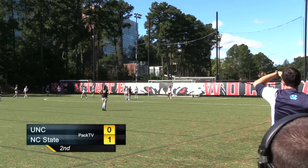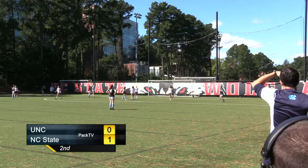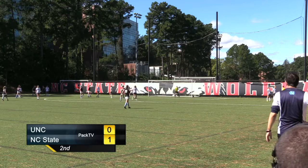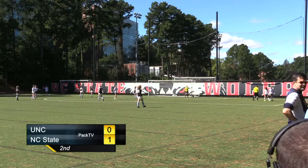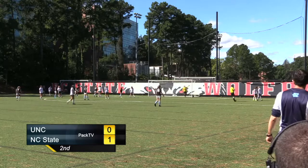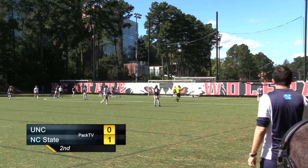Although it looks like they are going to be taking a free kick, though. So I don't know. Do you know what happened there? I think there was a little bit of a shove there by a State player. I didn't see a foul called, though. Did you? No, yeah, I didn't either. So